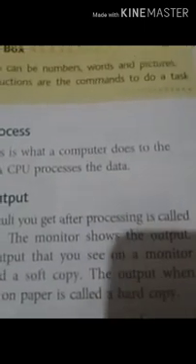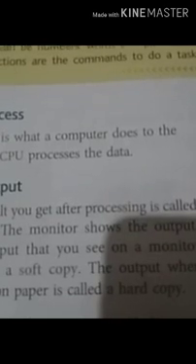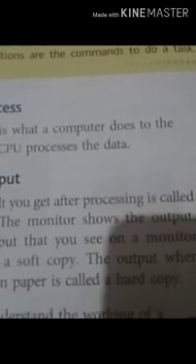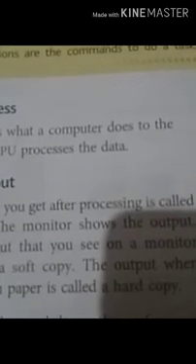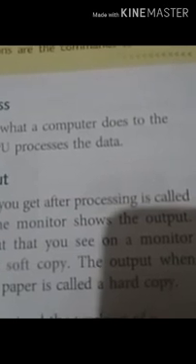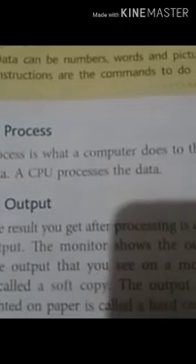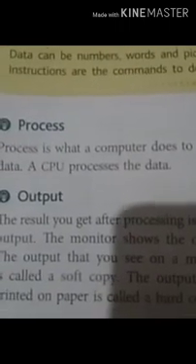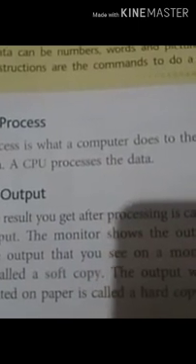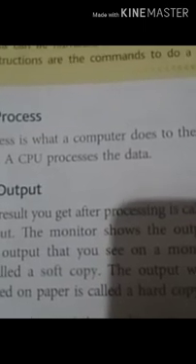Now what is the process of roti making? Mummy will take the flour, make a dough, then make a roll, flatten it, then put it on the heating plate, and it will come out. Now your roti is prepared. That is the process of roti making. But in a computer, what is the process? It means computers work upon the data. When it works upon the data, it is called the process.